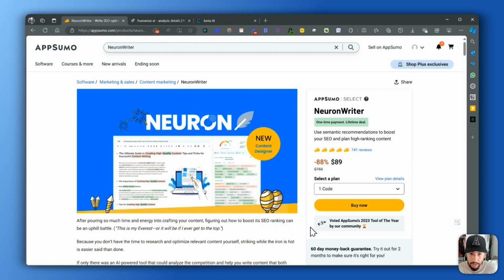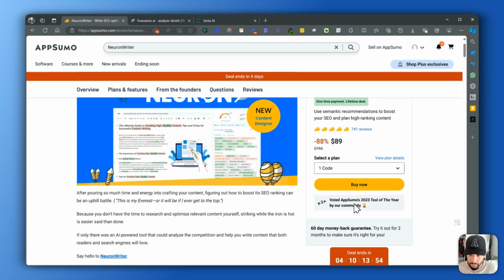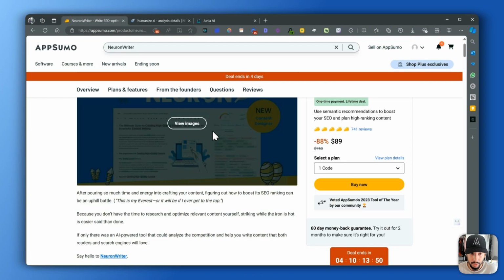This tool has been on AppSumo for a very long time, I think for like 2 years now. And there's 741 reviews, almost 5 stars. That's really difficult to get. They got voted for AppSumo's 2023 Tool of the Year. And honestly, if you look at the reviews,